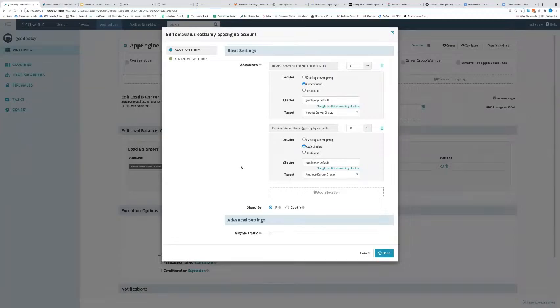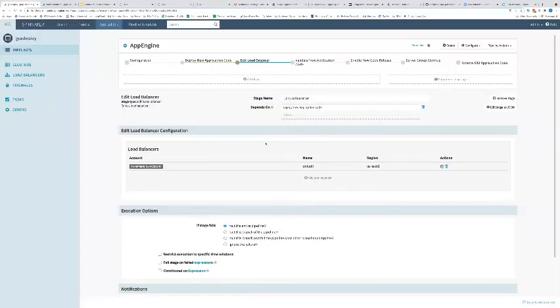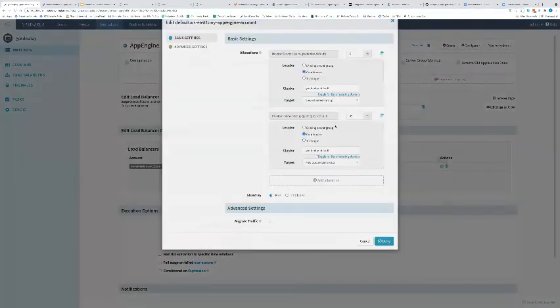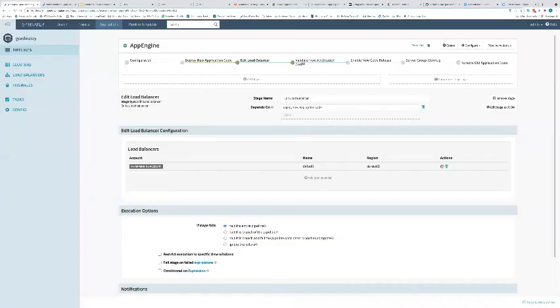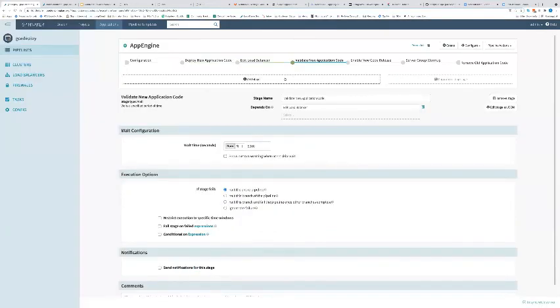So this here is giving me the ability to do a real easy canary deployment, right? The load balancer is going to now shift or shape the traffic toward that new code. It is going to just do 5%. Now, depending on how much traffic you see in general, you might want to bump that up to 10 or 15. The bottom line here is that the only constraint you have is it has to add up to 100%, obviously. And then I'm going to validate the new application code.